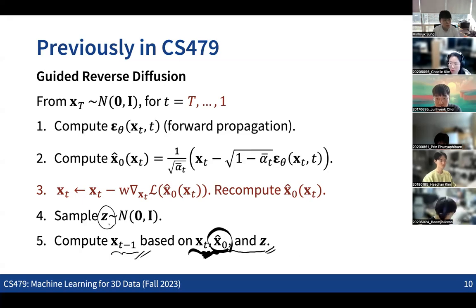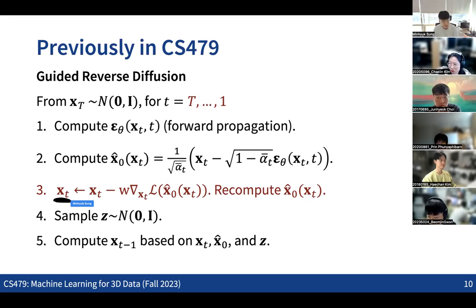And based on this, since we are getting a prediction of the x0 at each step, we can run backpropagation for the xt based on some kind of loss function, some objective function that we define, with the predicted final output, the x0, in a way that we can guide the reverse process by updating the xt in the intermediate step. So this was the basic idea for the guided reverse process.